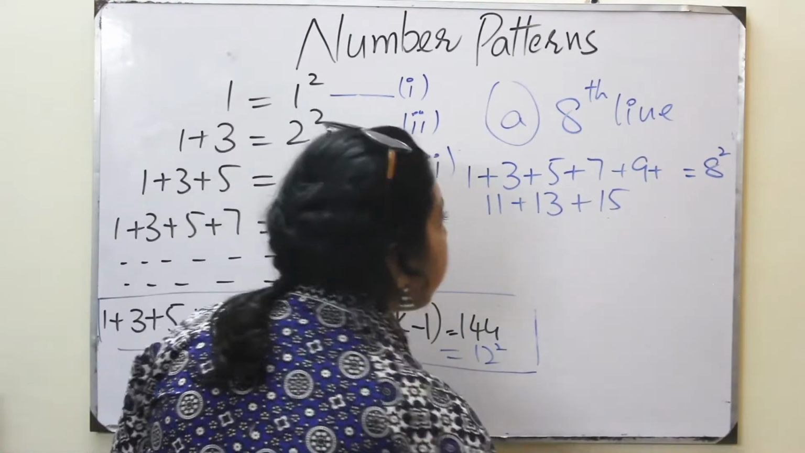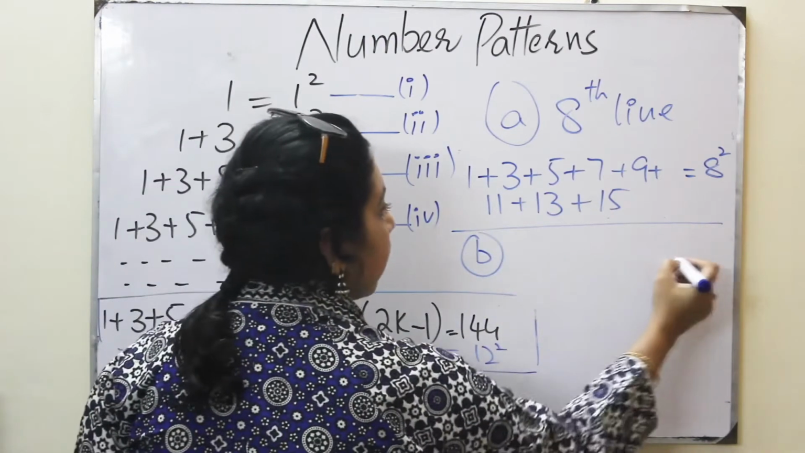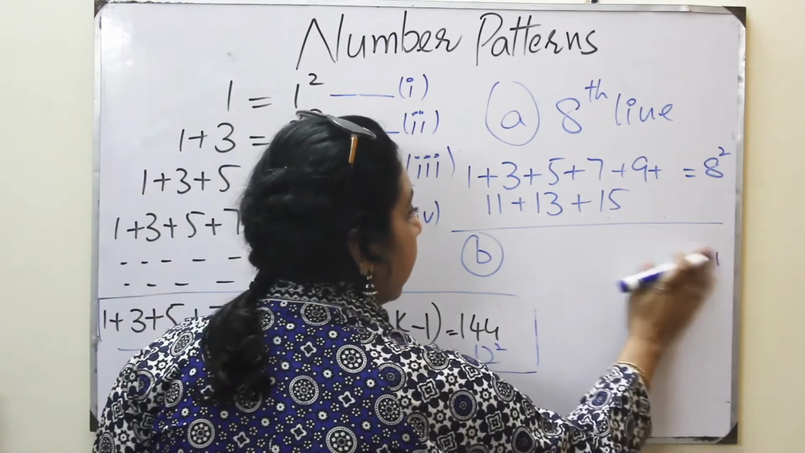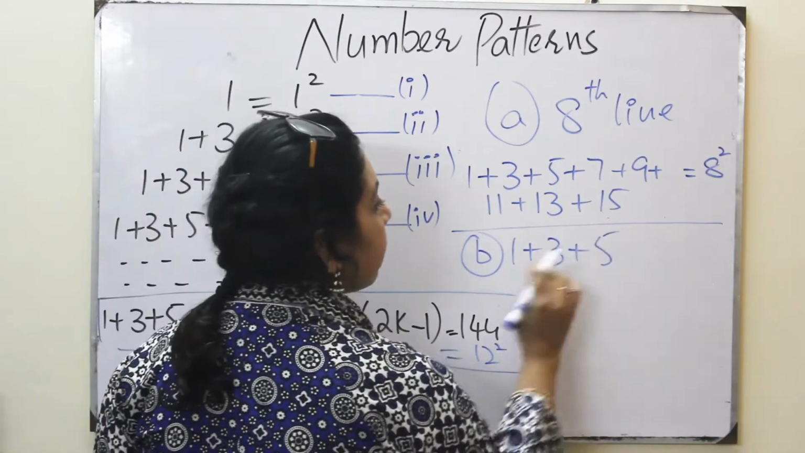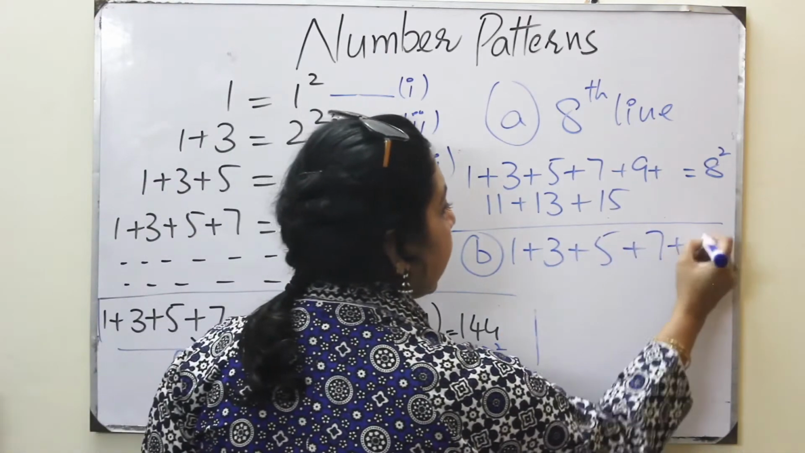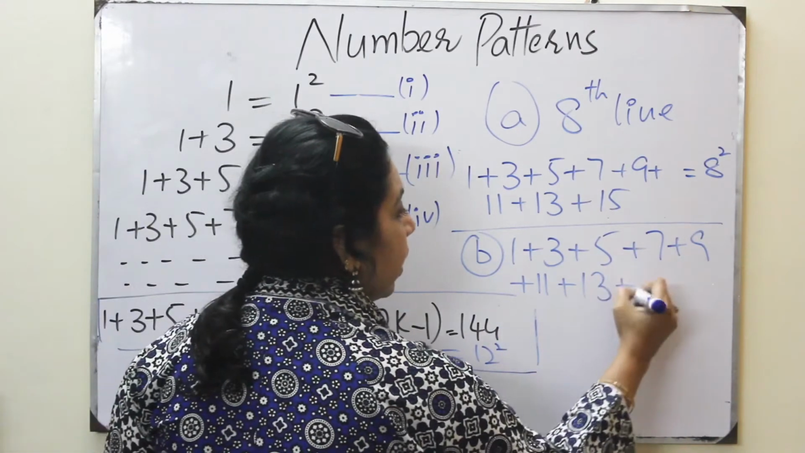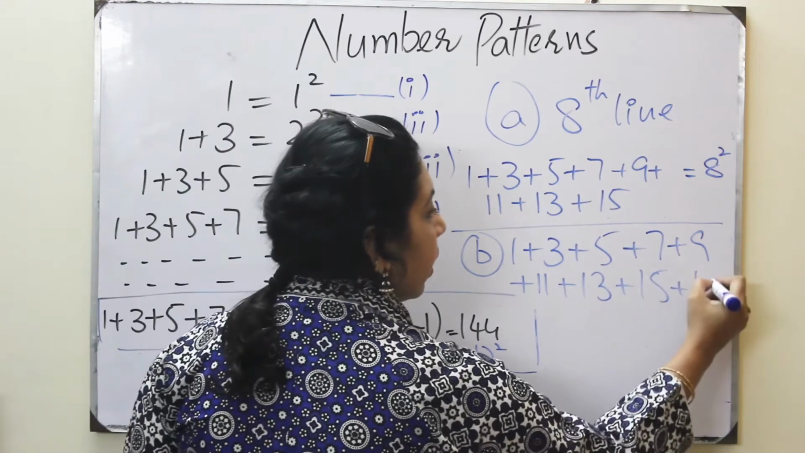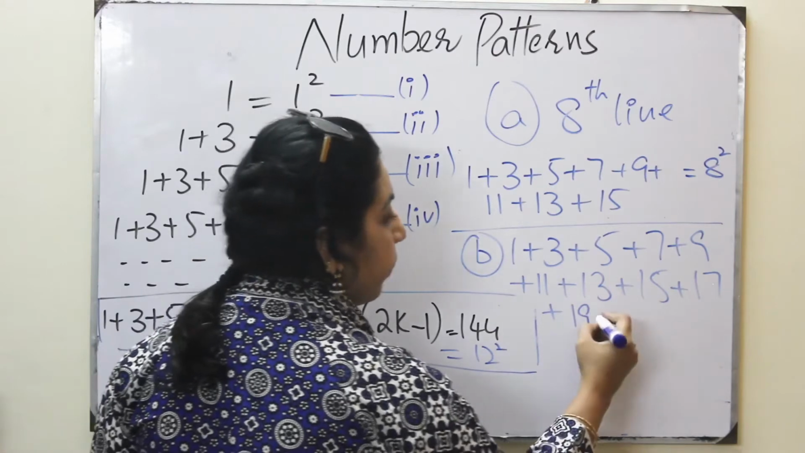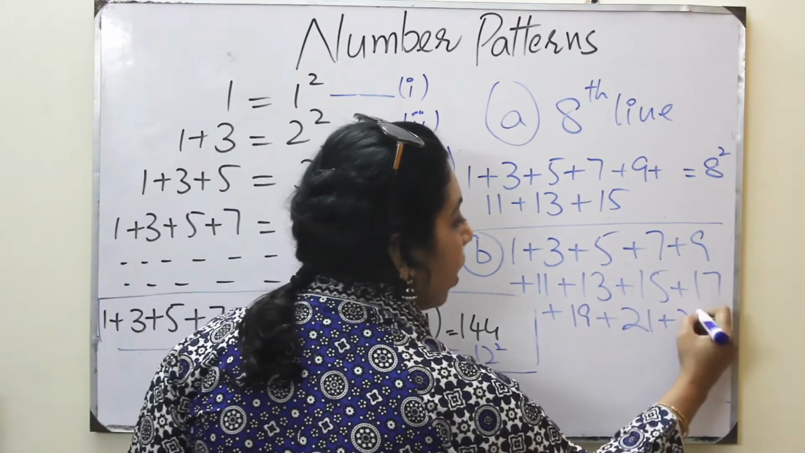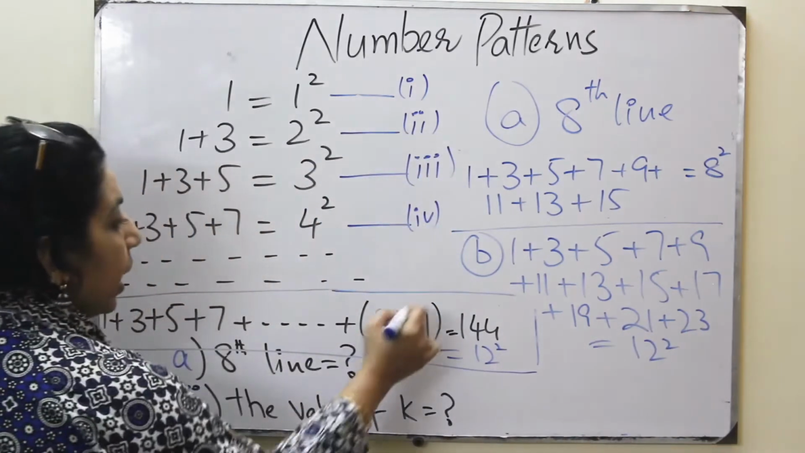So when I have 12 square, here is the B part. It is equal to 12 square, and we have to take a total of 12 odd numbers: 1, 3, 5, 7, 9, 11, 13, 15, 17, 19, 21, 23. I am counting the odd numbers. When we have 12 odd numbers and their sum is 12 square, we shall take the last odd number